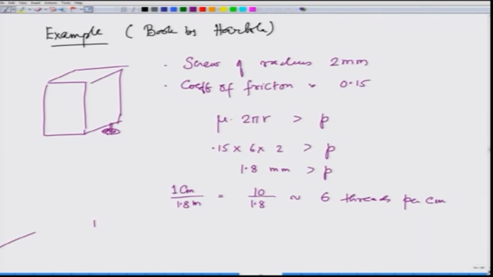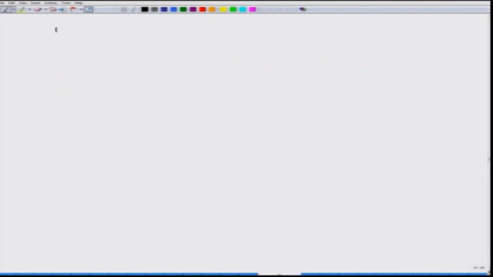So, the number of threads is equal to 1 over p, and since p is less than 1.8, the number of threads should be greater than 1 over 1.8, which is equal to 6, and that is what we said earlier. Next, I want to discuss rolling friction,